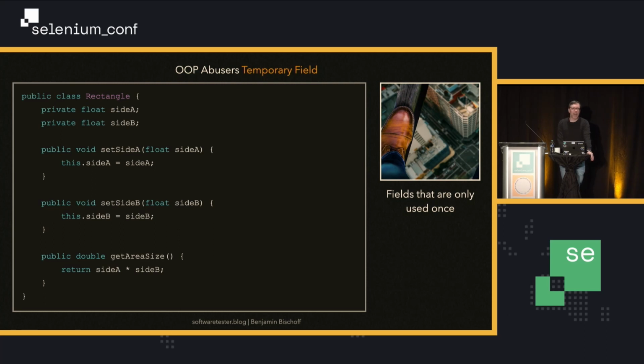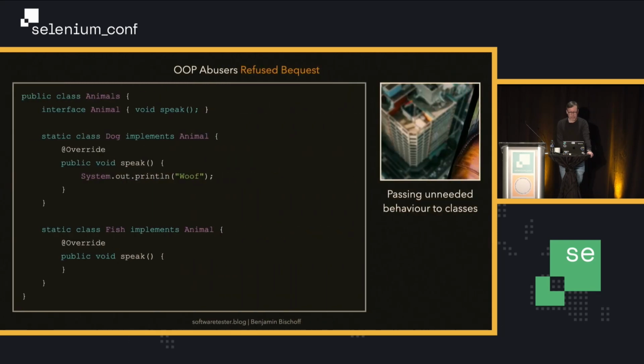Then we have a smell that is hard to pronounce. It's called refused bequest, or bequest. I have no idea where you put the emphasis. That means passing unneeded behavior to classes. We have our good friend, the animal class, that is in every programming beginner's book. And it has an interface animal with a method speak, which is perfectly fine if you want to create a dog, because you let the dog implement the interface animal, and then,